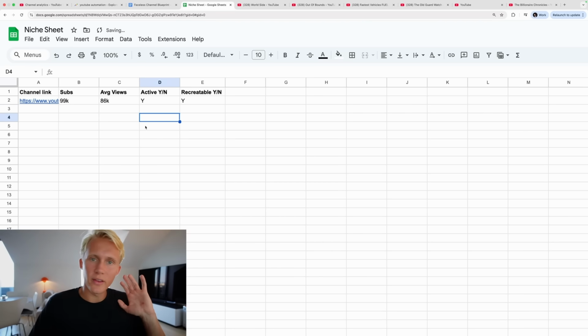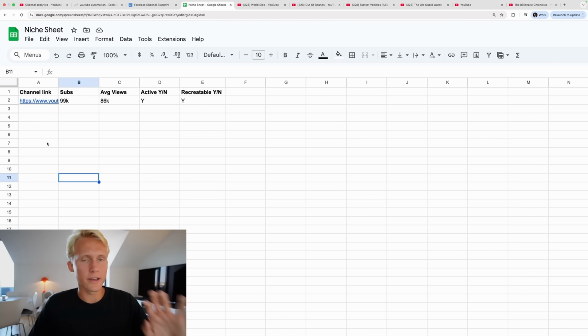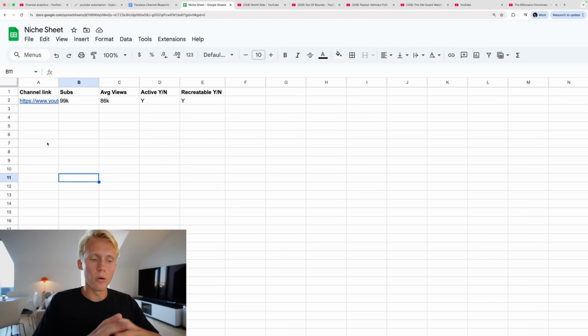So you would just do this until you have, let's say, 20 niches in this sheet, and when you've done some research, you will have about 20 niches here. That should be enough and what you should strive for. You will have a very good overview of what actually looks good and what looks a little bit less good. And then you can move on to the next step when you have determined what is better than everything else.